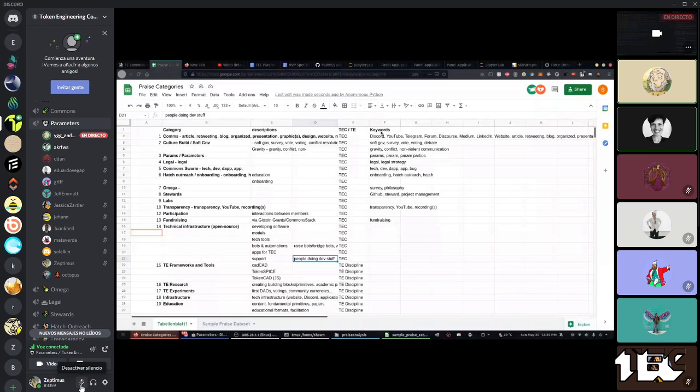Yep, good point. So like from the data, like a bottom up from the data with keywords associated with a category. I feel like having these two label columns adds flexibility and cross-reference ability. So we have largely working groups on the left, and on the right we might have something like CAD. We might see that CAD comes up in GitHub or transparency, or I think just this idea of having two categorical columns allows for cross-reference ability.